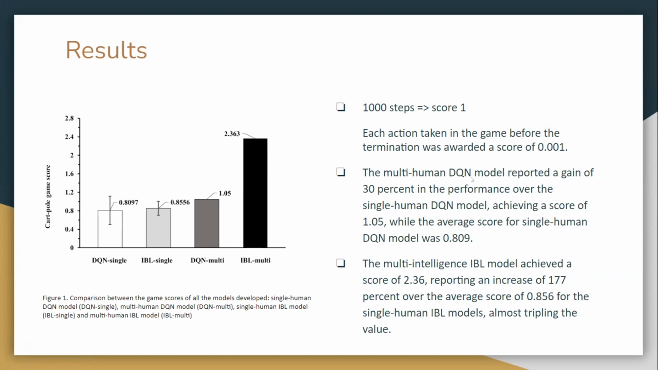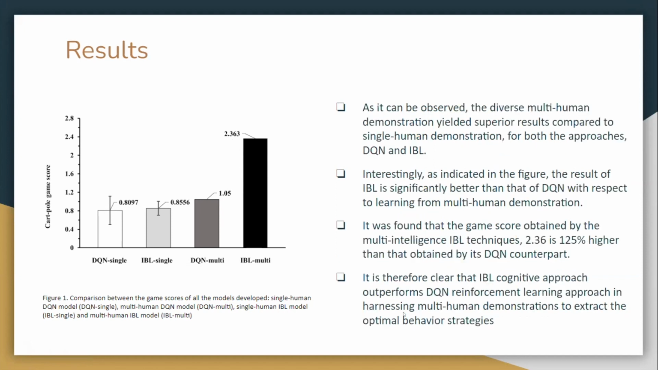So the multi-human DQN model gained 30% over the single human DQN, whereas the multi-human IBL model gained 177% over the score of 0.85 of the single human IBL model. Also, in both approaches, DQN and IBL, there was an increase in performance when multiple humans' data was used. Again, to remind, the size of the data was almost the same. It was just the diversity in the data,